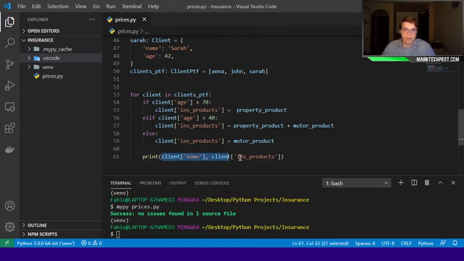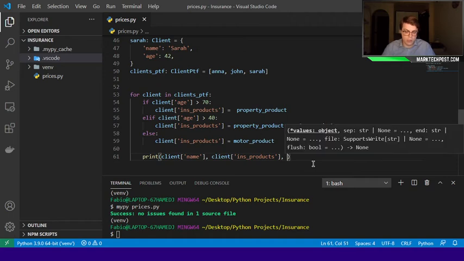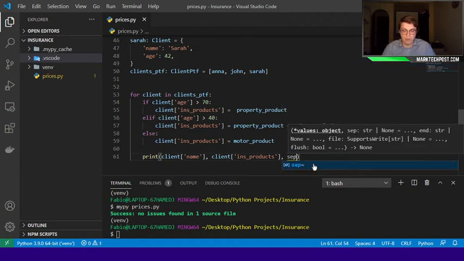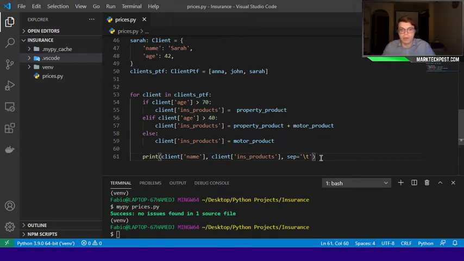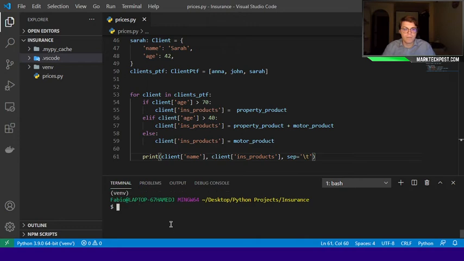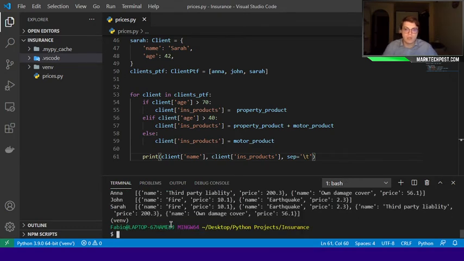We can write this with a comma in here, so we get the print of this and the print of that. We can also specify a separator, which will be a tab, so we make things a little bit clearer. We run our Python prices, and as you can see,